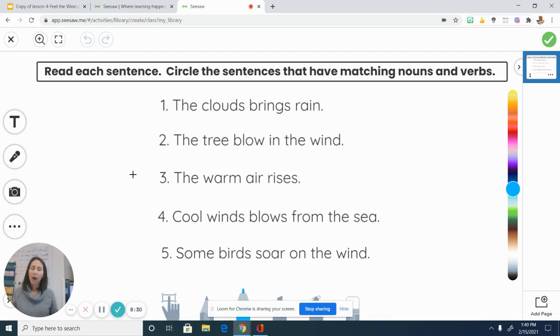And why do you think this is important? Why are we talking about this today? Yeah, it helps us to become a better speaker and a better writer so that we can better communicate and more clearly communicate with others through our speaking or through our writing. Okay, so circle the sentences that have the matching nouns and verbs